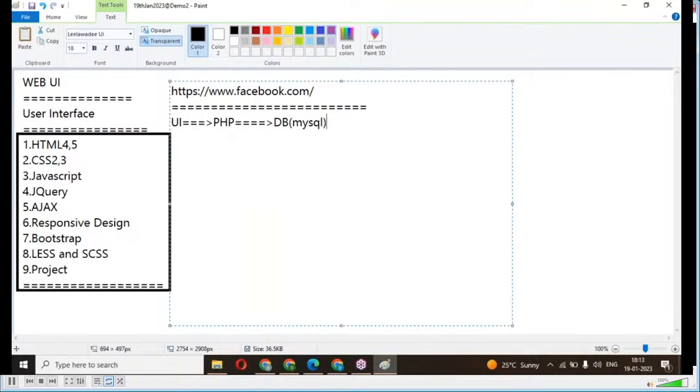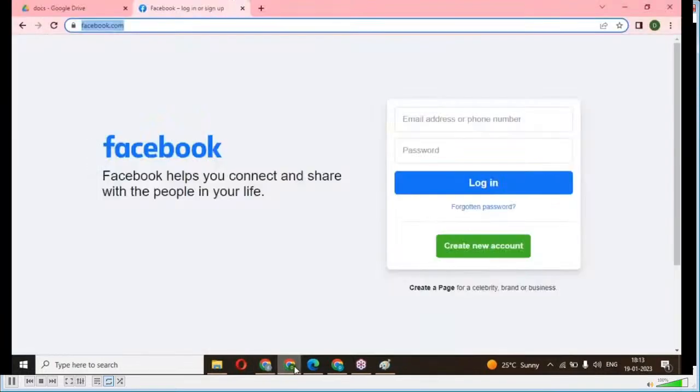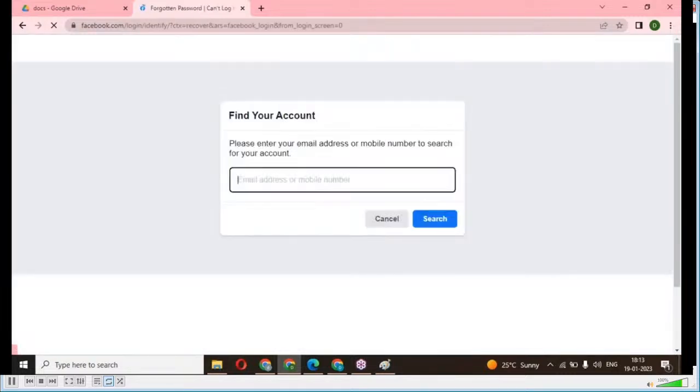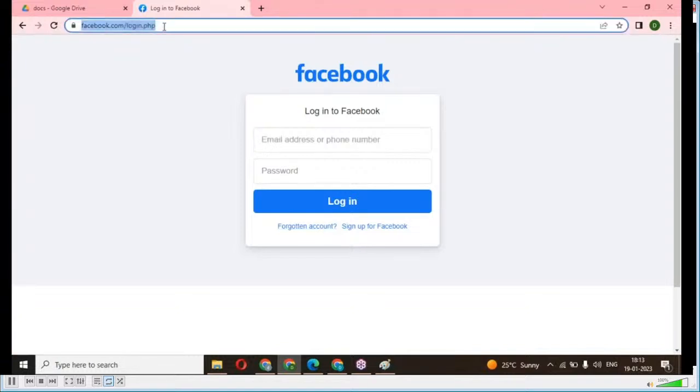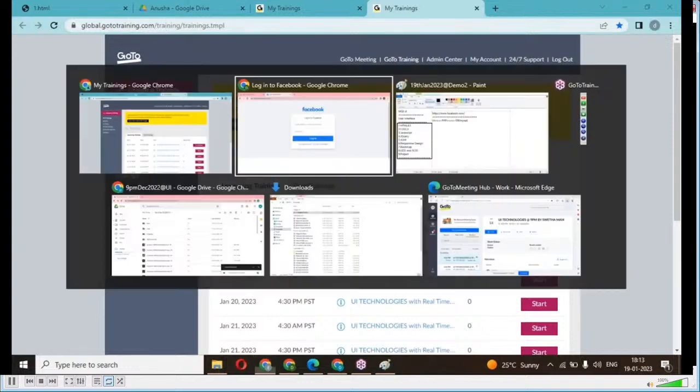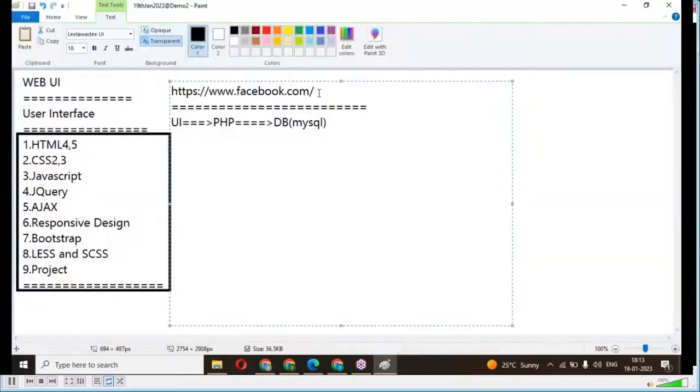Here, when I enter my username, I can connect to the server page. See here, I'm able to show you that server page. Is it PHP or not? You can check it here. See, you can see this page, here forgot password. See here, login.php. So from this URL, you can understand this Facebook page is using